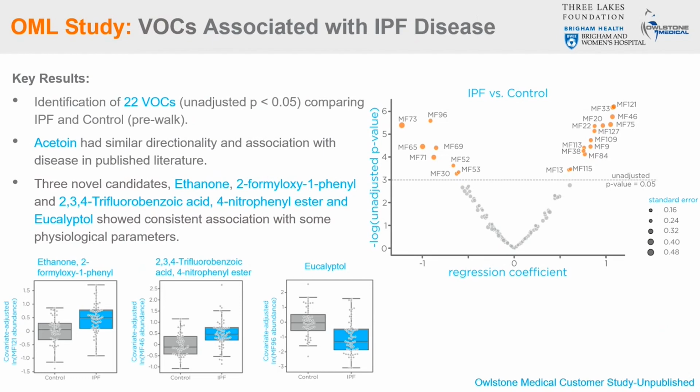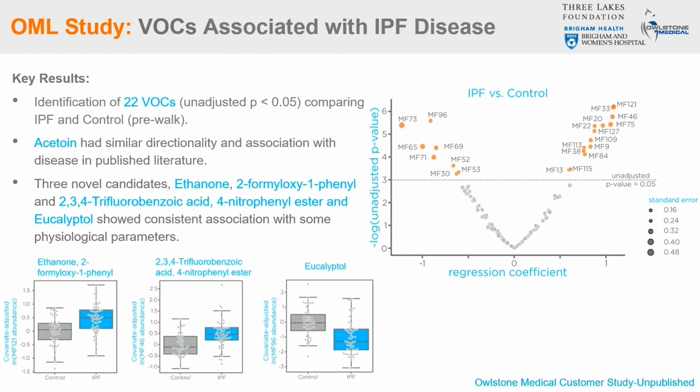Ethanol, 2,4-methoxy-1-phenyl is closely related structurally to acetophenone, which is used as a plasticizer in plastics and concrete and has been identified as a biomarker for lung and breast cancer.